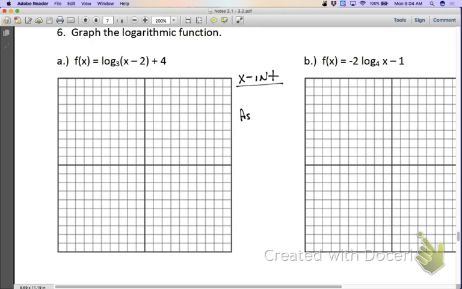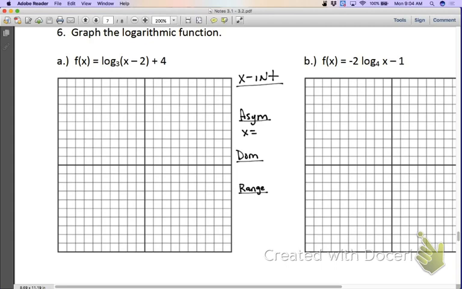Your asymptote is going to be x equals, and then you're still finding the domain and the range. Now, with an exponential, like I put in the notes on Friday, your domain was automatically negative infinity to positive infinity. Whereas with a log,